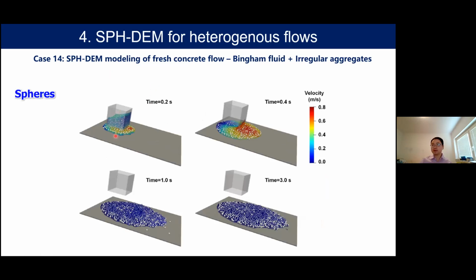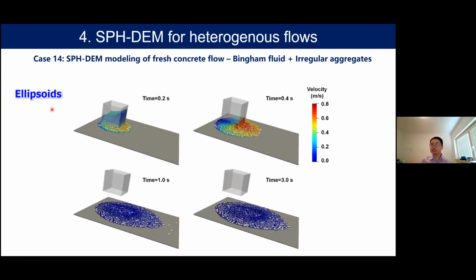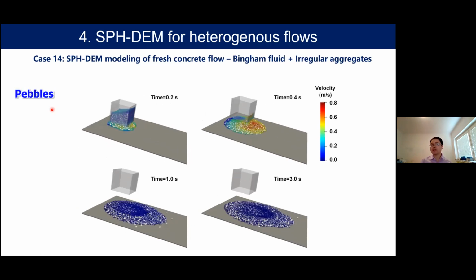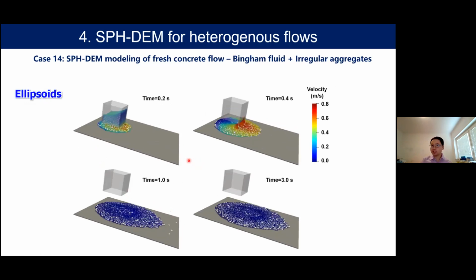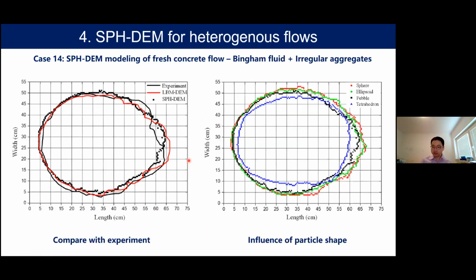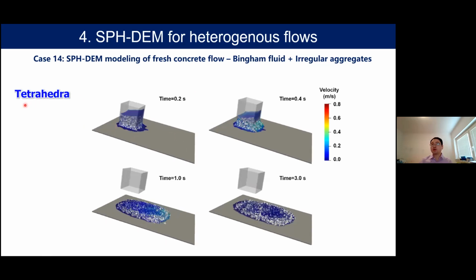If you release the box, the fresh concrete will flow on the plate. These are the flow behavior of the spheres. And here you can see the flow behavior of the ellipsoid. These are not so different between spheres and ellipsoid. And here are the behavior or the flow status of the pebbles, which are the natural rocks. It is a little bit slower than the ellipsoid and the spheres. And finally, there is the flow of the tetrahedrons. You can see that it's much slower because